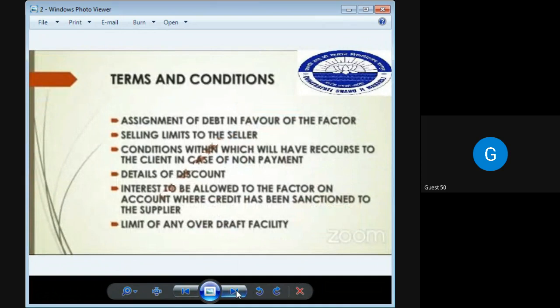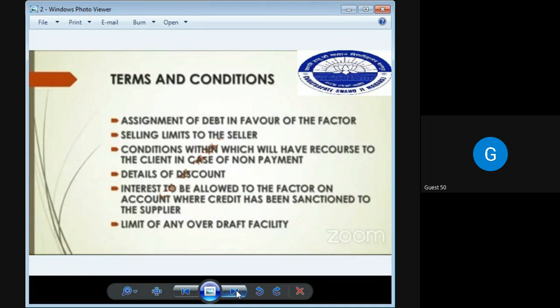Okay, so that should be assigned to the factor. Okay, it should be in the favor of the factor. Selling limits to the seller, right? And conditions within which we will have recourse to the client in case of non-repayment, right? So the conditions within which we will have recourse to the client in case of non-payment, and details of discount means